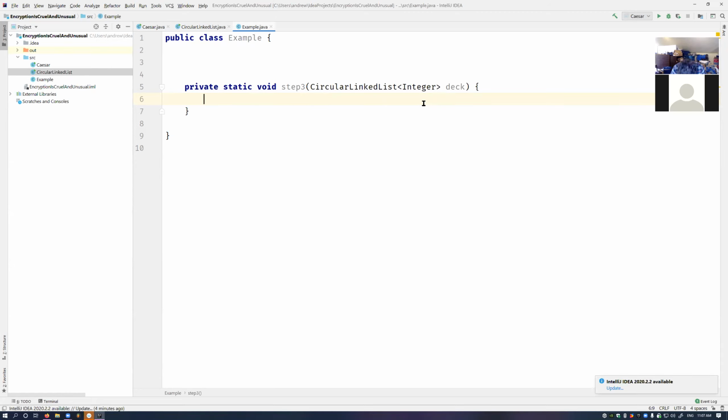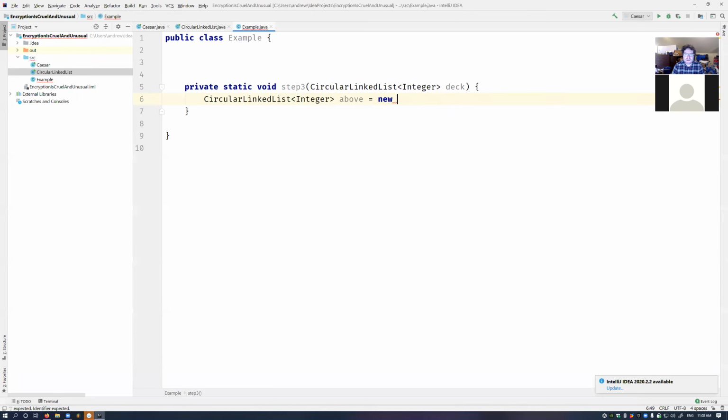All right. So linked lists, the big advantage they have over array lists is that they are so easy to manipulate and cut apart and split apart and recombine. So I can do this in O of n time just by tearing apart the deck and putting it back together. What I'm going to do is create a circular linked list of integer, and it's going to be called top, which is going to represent all the items above the first joker. In fact, I will name it above rather than top because I'll be using top quite a bit. Above,